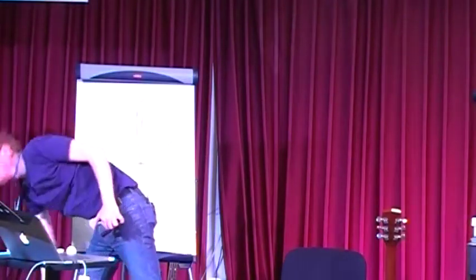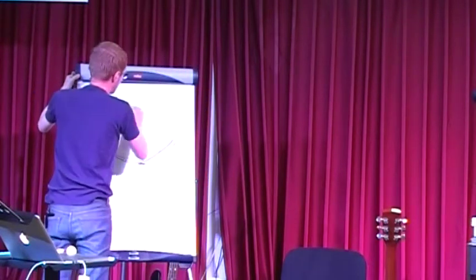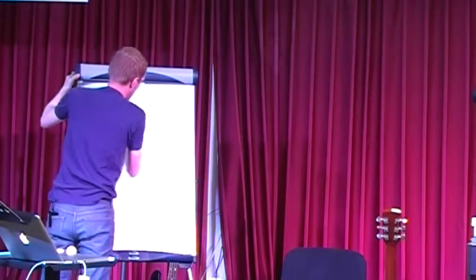So what do we do if we only have 2 beats? Some songs only need 2 beats. That could be a song that is literally written in 2. It could also be a song that is written in 6/8. Or it could be a song that's written in 4/4, but it's so fast that if we tried to conduct it in 4/4, then we would be moving our hands so quickly that it would be more like a distraction and it would be more difficult for people to read. So that's why it's easy to go 1, 2, 3, 4, 1, 2, 3.